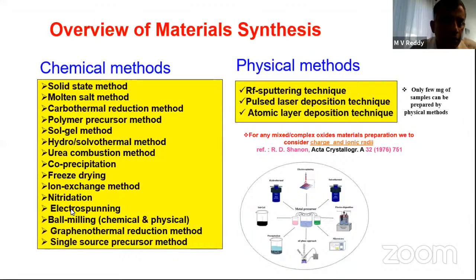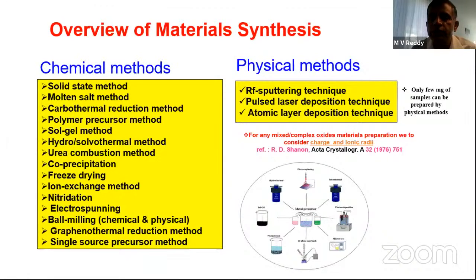So here I'm going to touch upon a few material synthesis methods that are useful for you. These are the various methods we've adopted over the last 10 years, starting from solid state synthesis, molten salt, carbothermal or graphenothermal, etc. For example, since I am a physicist, in some cases we use thin films. The advantage of this technique is, sometimes for nitrides,